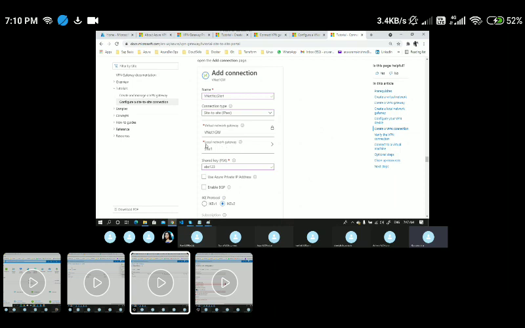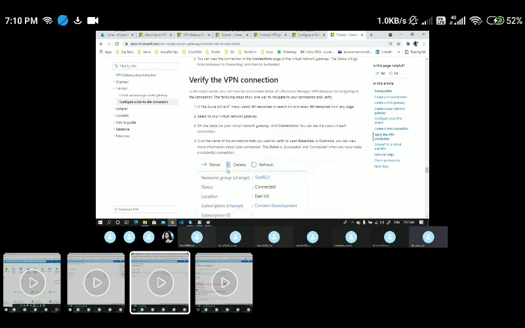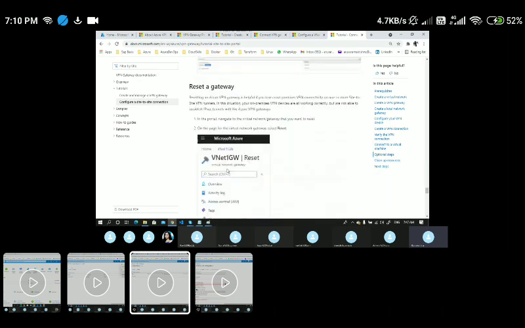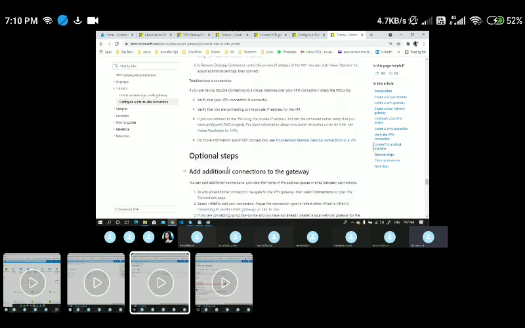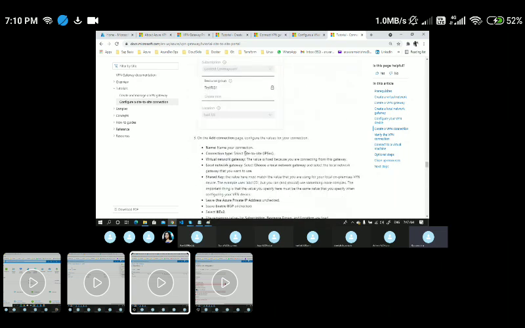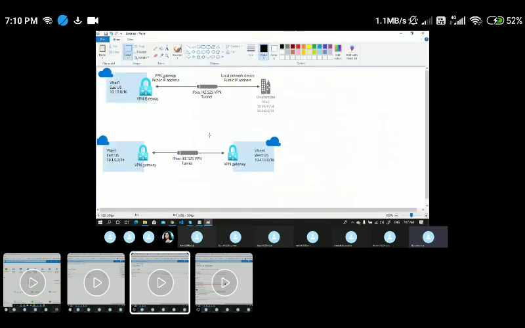But here, instead of virtual network gateway 2, we give a local network gateway, and we pass the shared key. Then you need to perform some more settings on your local VPN gateway. The shared key you have to pass, and you have to create a separate tunnel for that. For that, just go through this document. But at a high level, the steps are the same for both VNet to VNet and site to site.